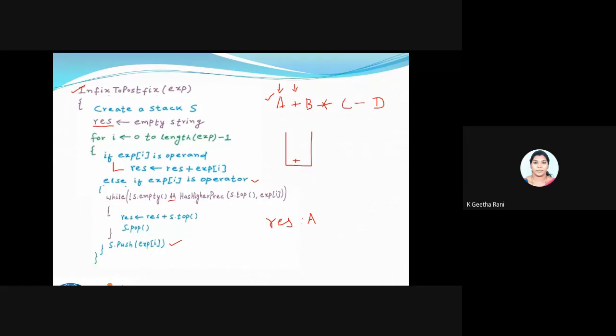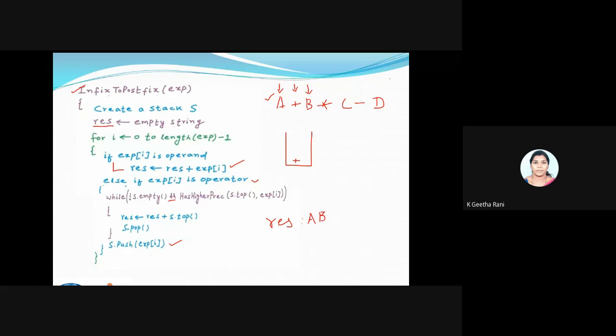Fine, and next comes my third operand. Third expression, index value 0, 1, 2. So again, you are starting from your for loop. Here I'm having my third one. It's an operand. My expression is an operand. So what will the operand do? Automatically, it's added to my result using this particular line. So I'm adding my operand to my result.